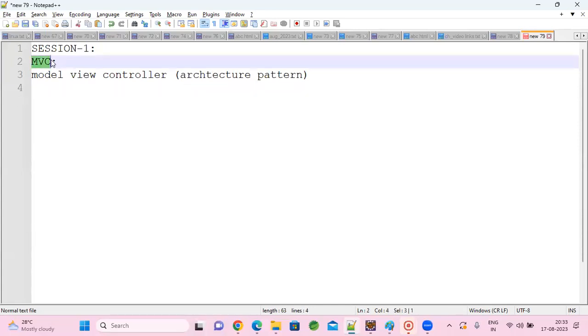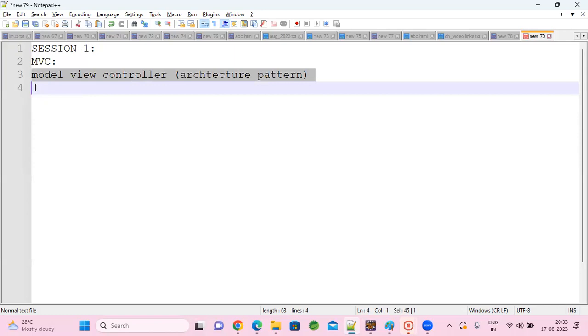Okay. Let me go through it because in regular daily sessions we will be seeing this MVC diagram. Via MVC only I'll explain which part, in which area we are covering, whether it is view part or model part or controller part.